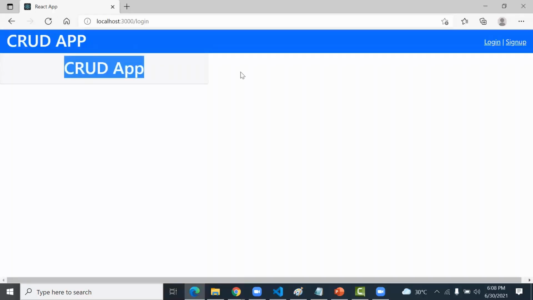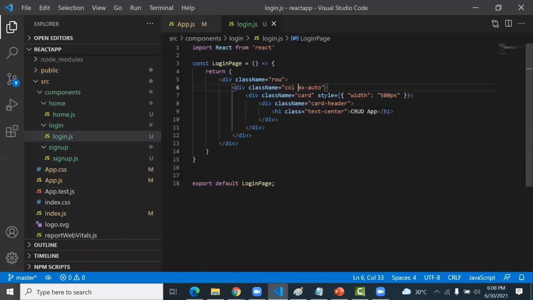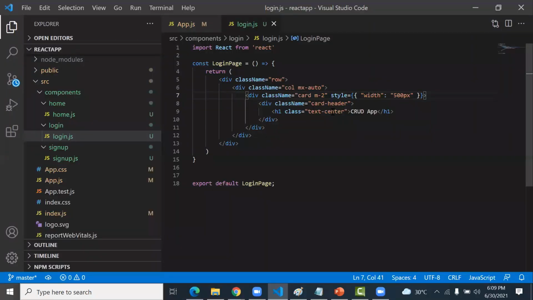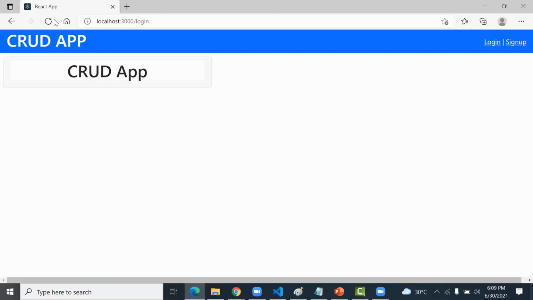But still this card is not in the center. So for this card, I add one more class, margin from all sides, 2 points. So there is some margin. We'll proceed ahead with some changes, with some effects. The background I want plain, so bg-white is the background.